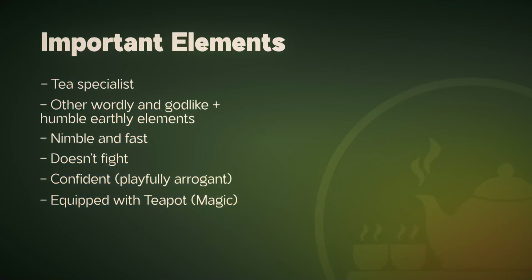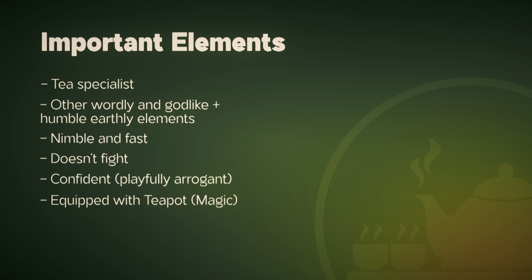The brainstorm session has gotten us to a clear concept for this character. I've written down some of the most important aspects of her, and I will be using them as pillars for the designing process. Of course, the most important aspect as a tea brewer would be that she is a tea expert or a specialist of some kind. I also want her to feel like she's not necessarily a human being. She might look like one, since most of her days she will be living amongst them on Earth, brewing and gathering ingredients and such. She doesn't need to be one herself, however.